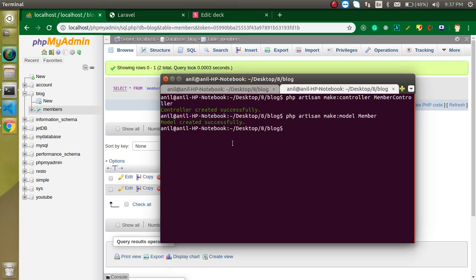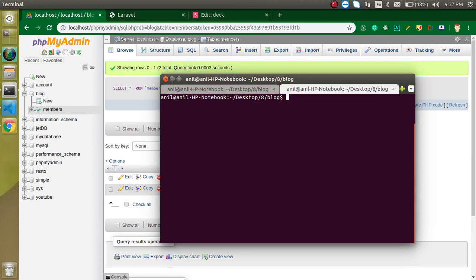First of all, let's clear out the command line. I'm just going to make a controller. Just write here php artisan make:controller and the controller name. So let's say my controller name is MemberController, and just hit it.